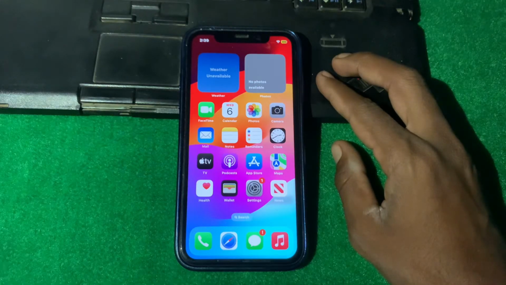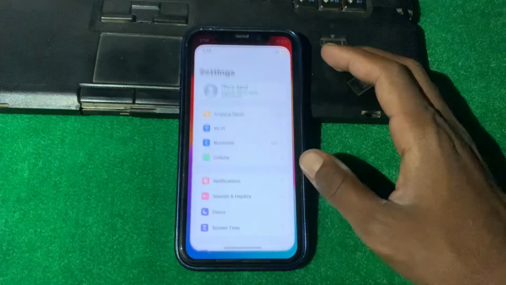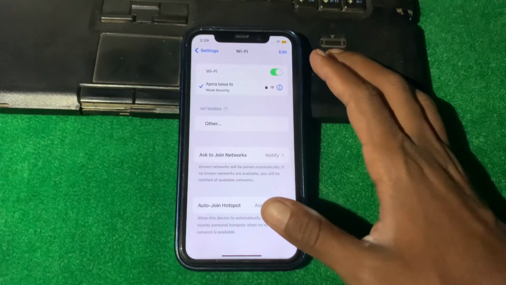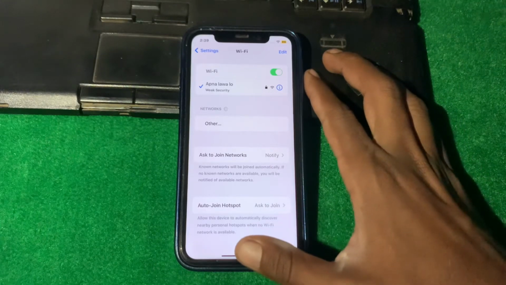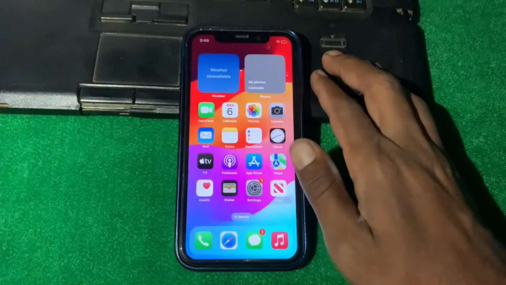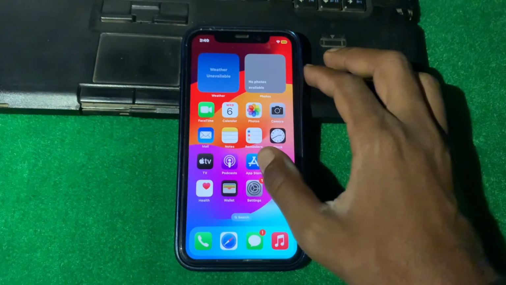So first of all guys, what we need to do, we have to just open Settings, and from here tap on Wi-Fi and make sure that you are properly connected to the internet and there is no VPN connected on your device. After this, simply open your App Store,